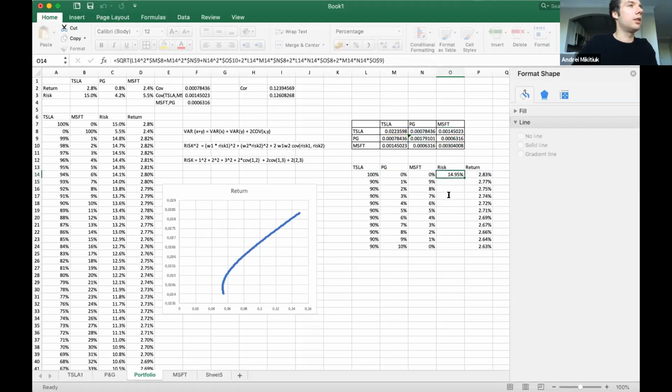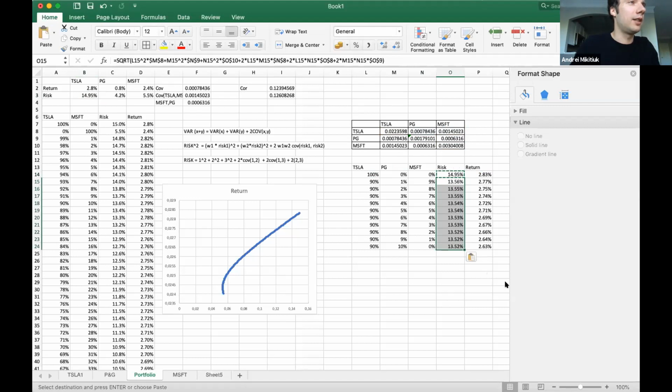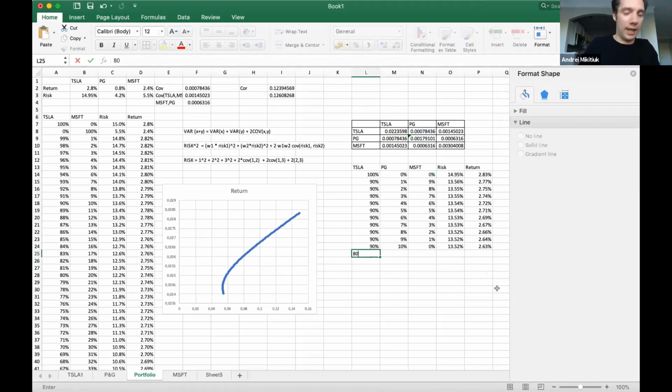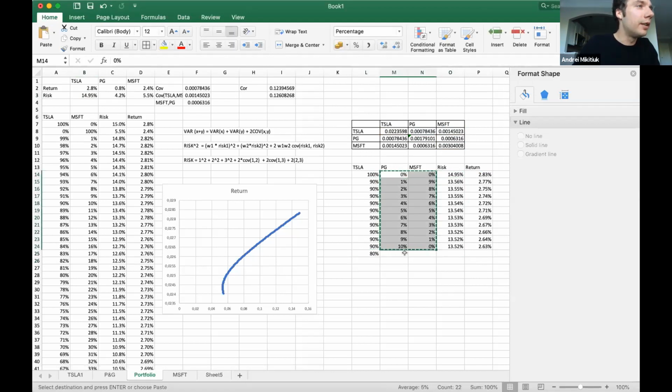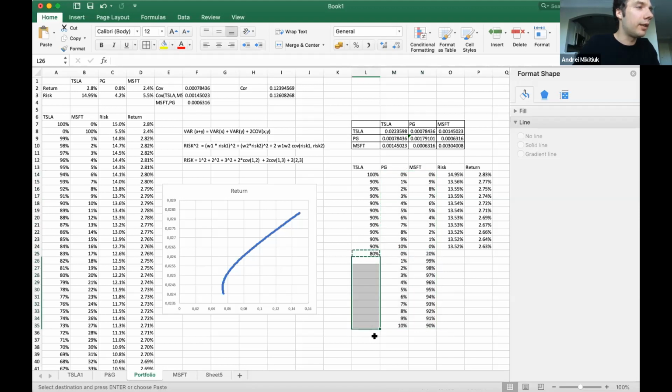Okay, and that is 14.95. Yes, and it's exactly the Tesla. Okay, it seems we're good now, and we can calculate. Should be slightly going down. It slightly goes down. Okay, and then let's have 80%. So again,